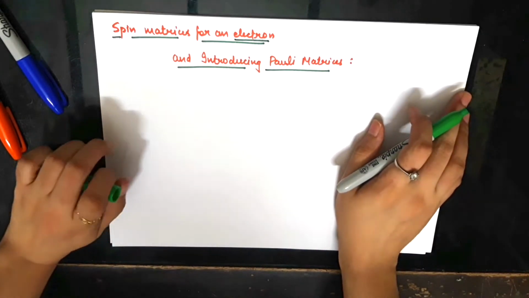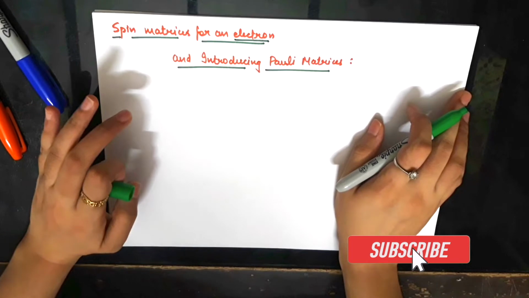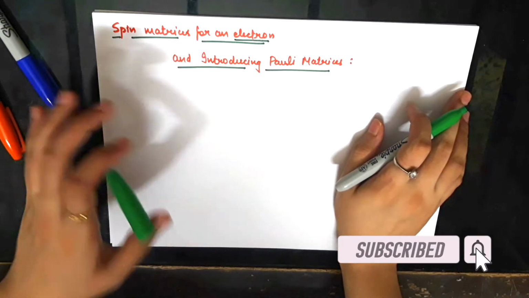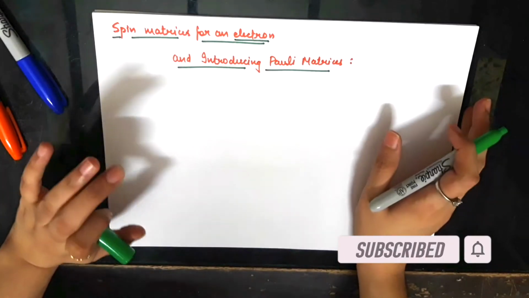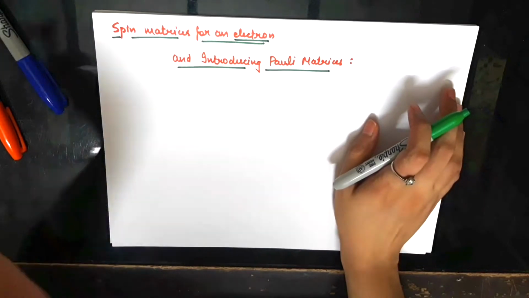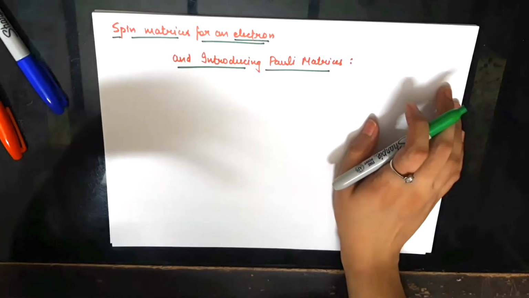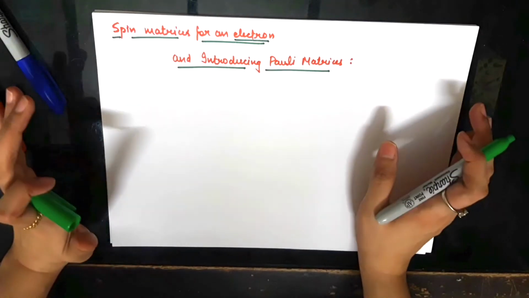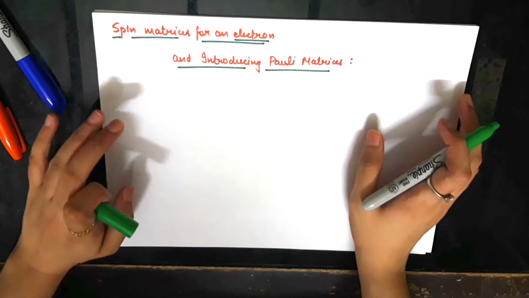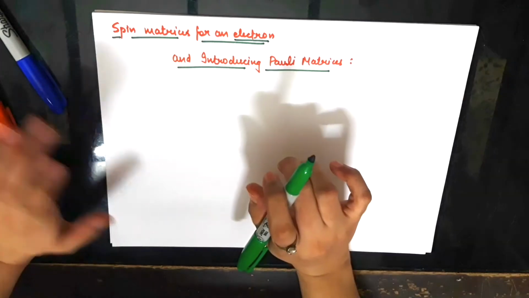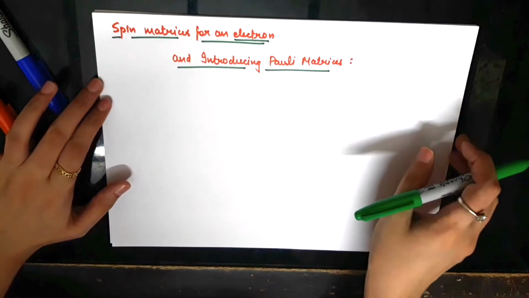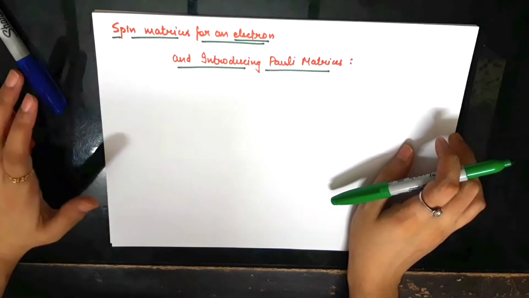So, in this video, I'll be explaining things in great detail and I'll try my best not to skip any minor but important details. By this, I hope that you'll be able to grasp the concepts and gain a better intuition in an easier manner. So that's why the video could be a bit longer. That apart, let's start tackling the problem of finding spin matrices for an electron.